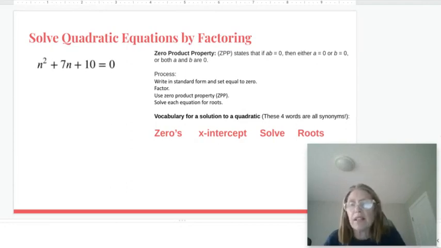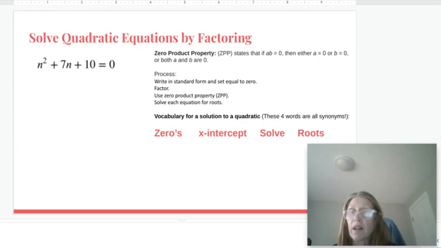And what ZPP says is that the only way that you can get a product of zero is if at least one of those factors is equal to zero, because any non-zero number times zero gives you the product of zero. So what we're going to do is, first of all, make sure that our equation is written in standard form, and that means that it would be set equal to zero. Then we're going to factor the quadratic, set each of the factors equal to zero, and solve to get the